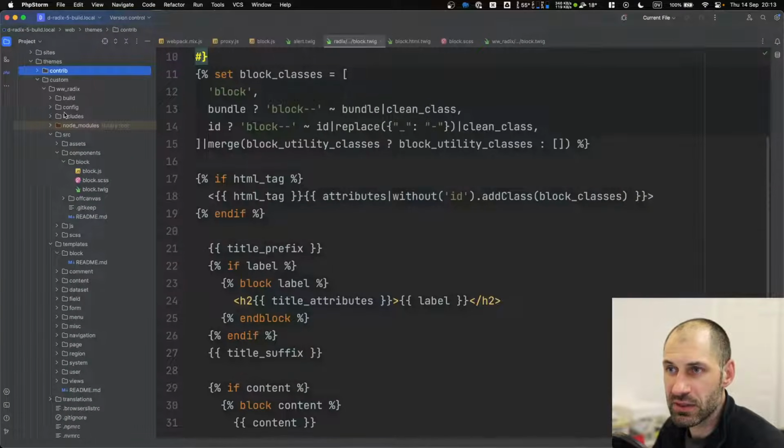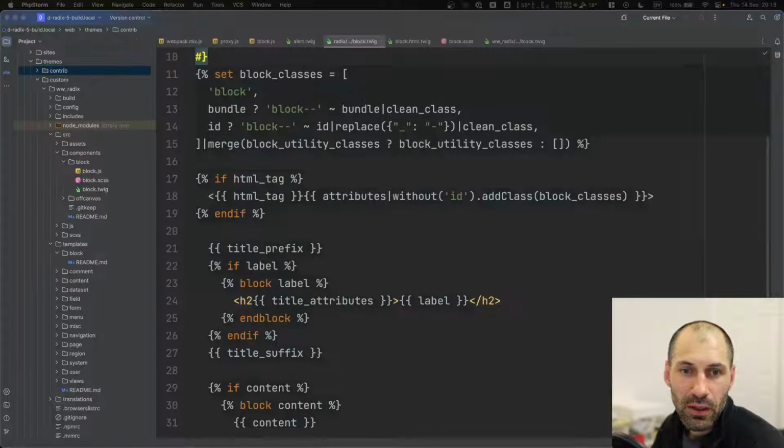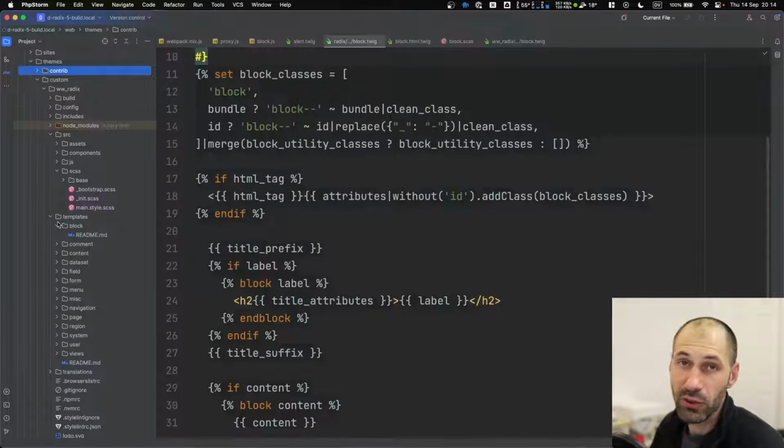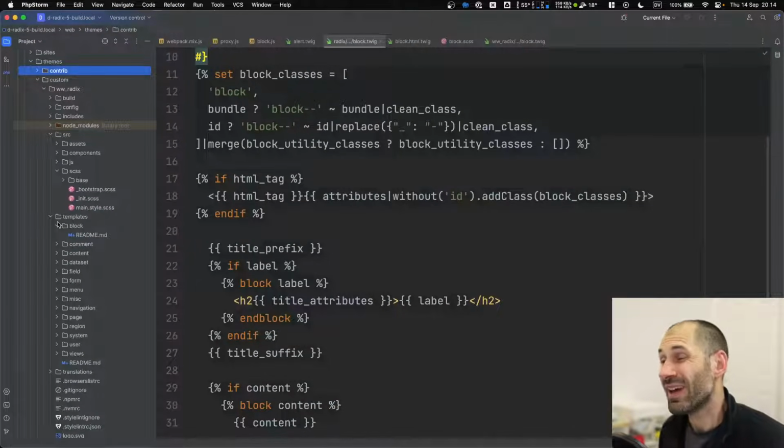Let's go back to our sub theme. What we're going to do is take a look at the Sass, because that's where you would spend a lot of time. In this video live stream, I don't think we're going to write any Sass code, because we can do it all through Bootstrap. But of course, on a decent size custom site, you are going to write some